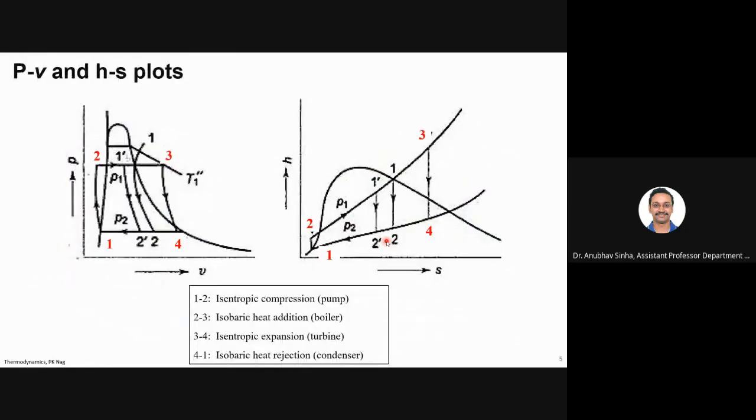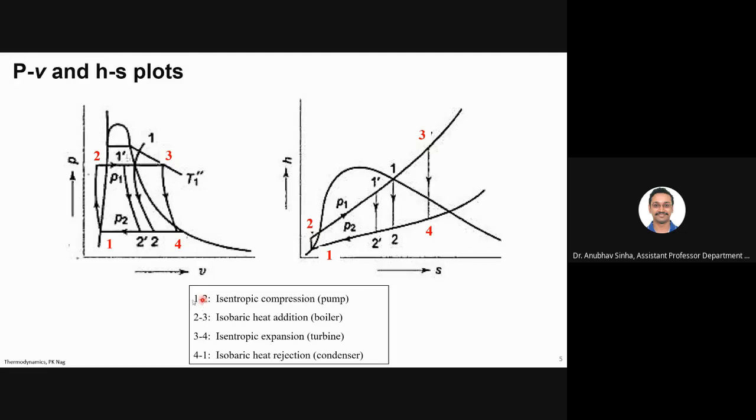So there are other plots also where we represent this. So this is basically your PV plot and HS plot. Okay. So this Rankine cycle, as you can see, this is the vapor dome. Rankine cycle can be plotted in 1, 2, 3, 4. This is the same process what we have looked into in the last slide. So let me go through it once. And this is the HS plot. So again, 1, 2, 3, 4. These are the 4 points of Rankine cycle.